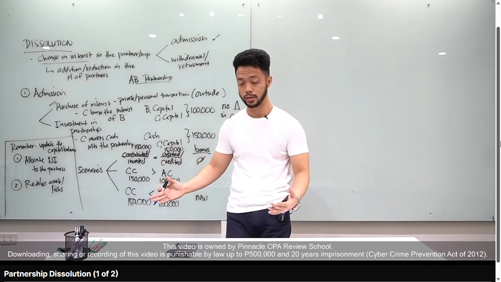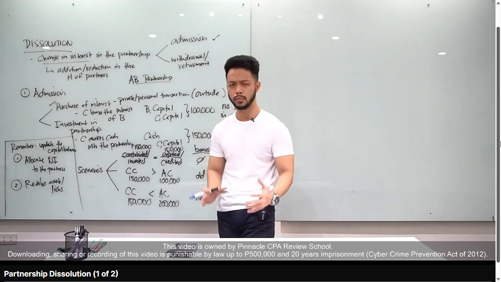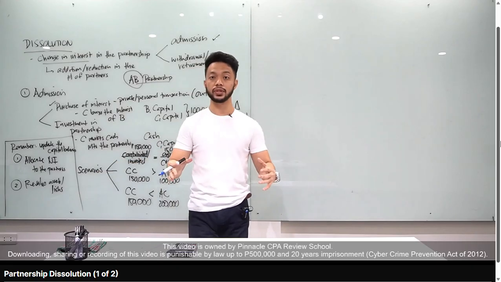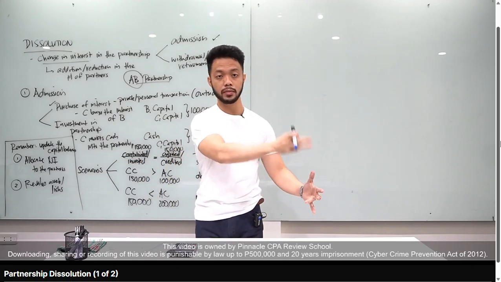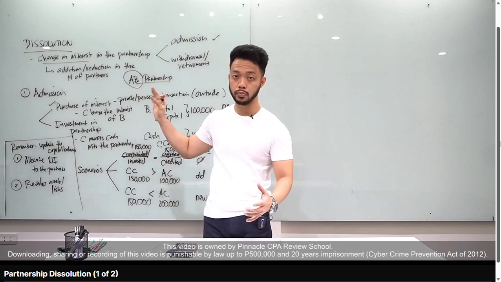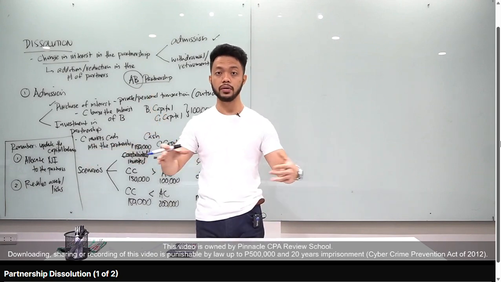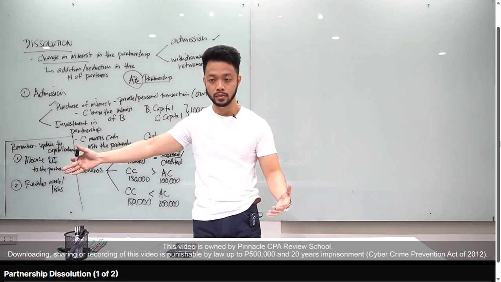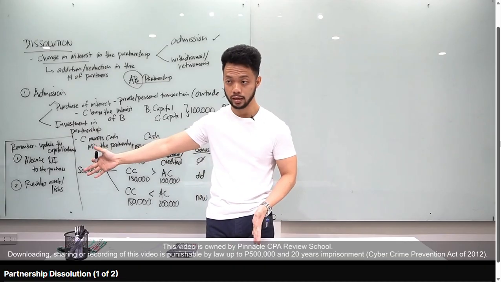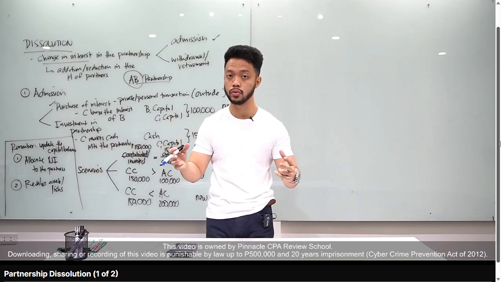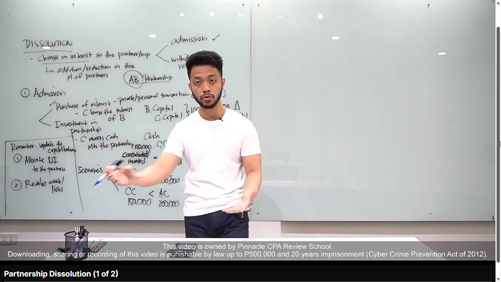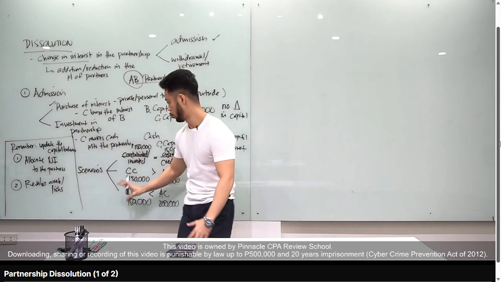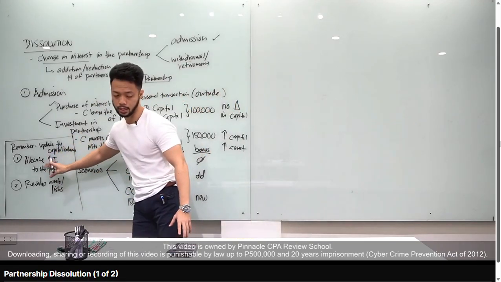Okay? So, one thing in dissolution, class, just for your information, you need to update the capital balances. Sir, why is that? So, class, think about this. Let's say AB has been operating for 10 years. So, on the 10th year, C is admitted. Now, in the statement of financial position of AB, most of the items are carried at values from 10 years ago. For example, the land was bought 10 years ago for 1 million. Now, it is still 1 million after 10 years. C loses out, because the true or current value of the partnership is not reflected. So, to be fair and equitable to the new partner and to the withdrawing partner, always remember this: update the capital balances before you do this. Okay? This is your first step. Update the capital balances.